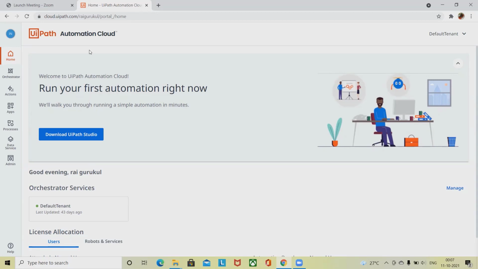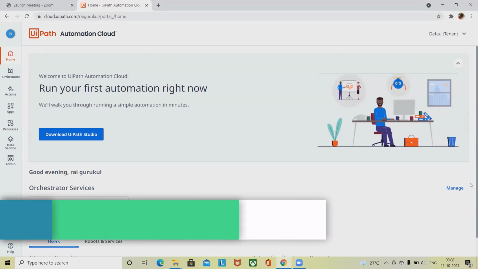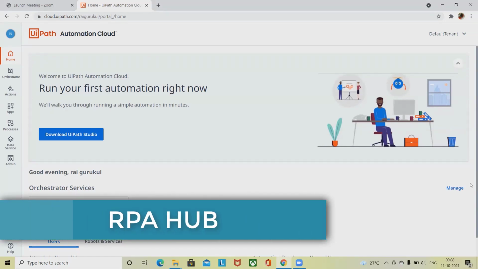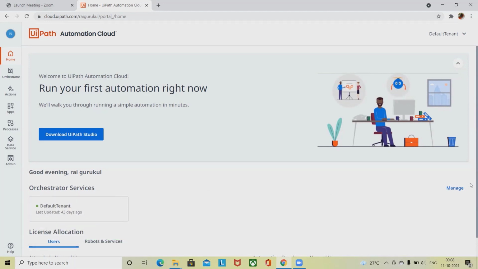For opening UiPath Orchestrator, you have to go to cloud.uipath.com. From there, you will find Orchestrator. So first of all, you have to create your account, and once your account has been created, you can use UiPath Orchestrator. UiPath Orchestrator is a web-based application that enables you to orchestrate your UiPath robots in executing repetitive processes.